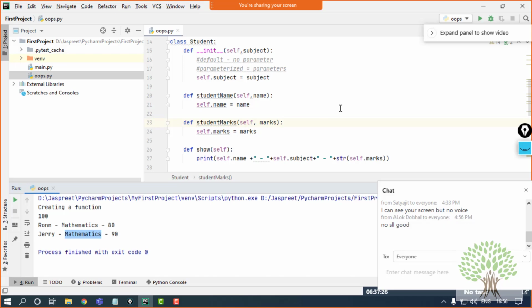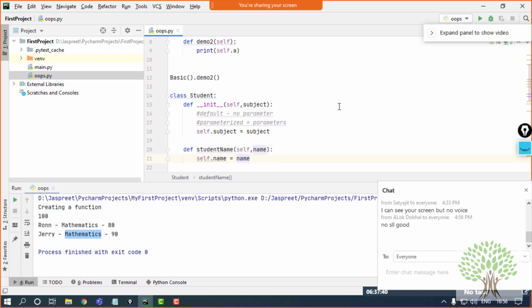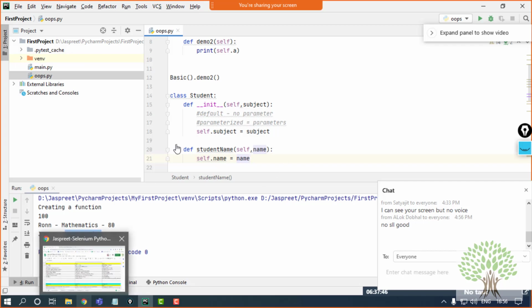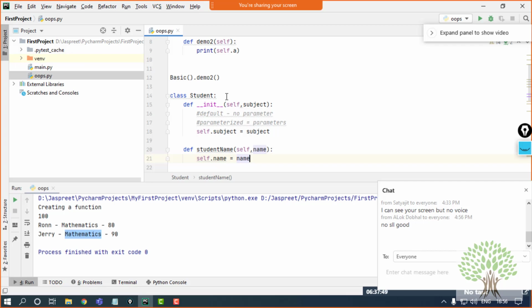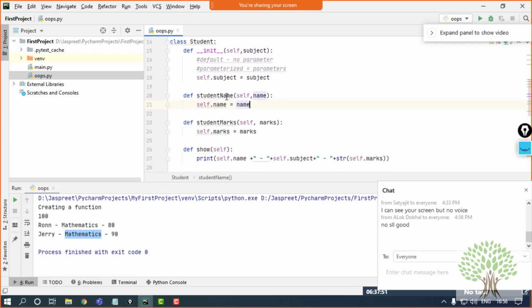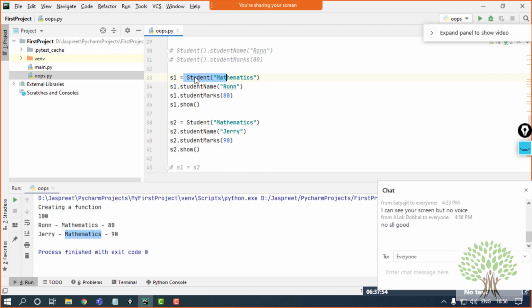So why I have introduced object-oriented programming in between the Python basics is because the Selenium that we are going to learn follows the same architecture. In Selenium also there are classes made, and functions made between the classes. To access those classes, I will need to make objects, and I cannot make a hanging object. I have to create a reference for this so that I can use it throughout the script that I will be writing. So this is the need for why I am telling you this.